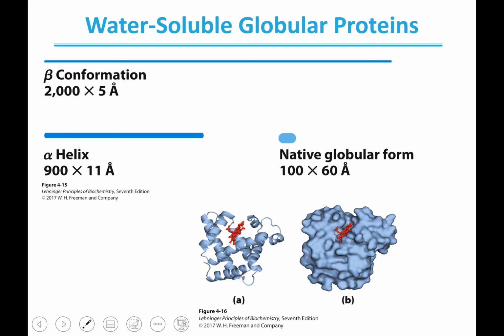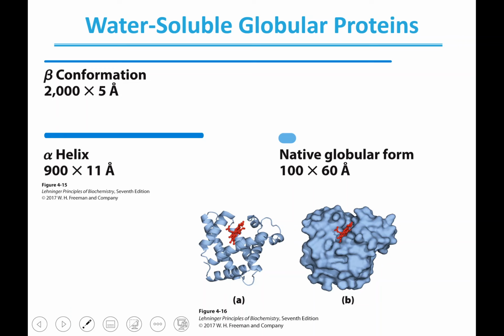What we're going to discuss now are globular proteins, the other main type of three-dimensional structure. The overall three-dimensional structure of proteins can be fibrous or globular. We tend to think of globular proteins as being the water-soluble proteins. If we took a protein sequence and forced all of that into the beta conformation, and remember, beta conformation is pretty extended,